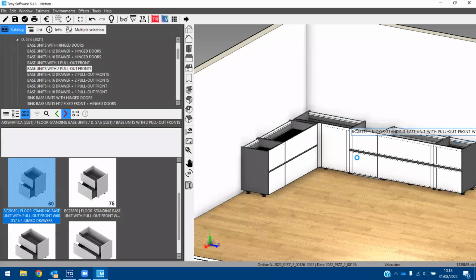Okay. In Metron, there is not the automatic savings. So you have to remember sometimes to click on the save button, okay? Now, assuming that we have finished with the base unit,